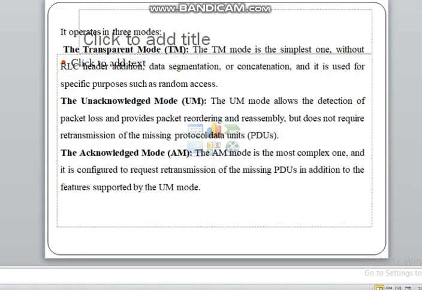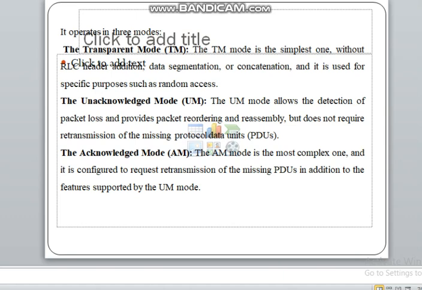There are three modes in the RLC layer: the transparent mode, the unacknowledged mode, and the acknowledged mode. The transparent mode, TM, is the simplest one, without RLC header addition, data segmentation or concatenation. It is used for specific purposes such as random access. So here concatenation or segmentation is not required, and the RLC header is also not required, so it will send the data in transparent mode.